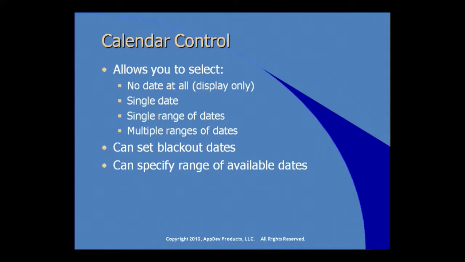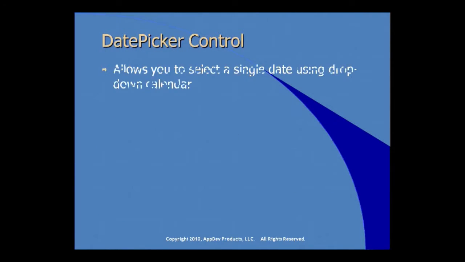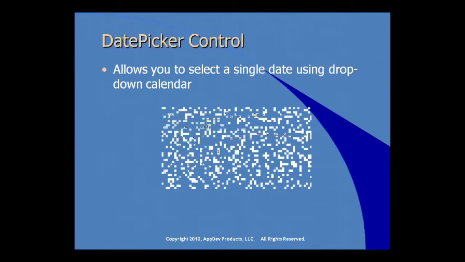You can specify the range of available dates, so users can only pick dates within that range. You can control the default display mode, which can be month, year, or decade, and you can optionally highlight the current date. That's the default behavior. The date picker control allows you to select a single date using a drop-down calendar, and